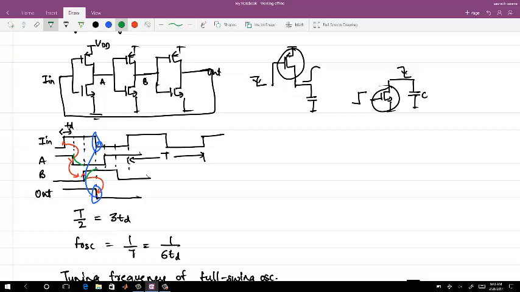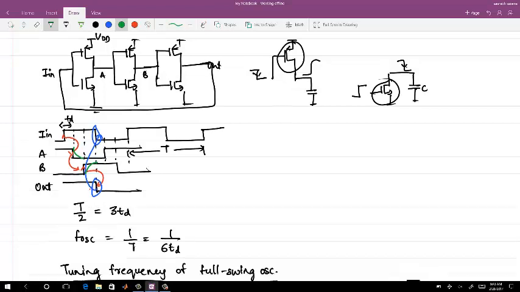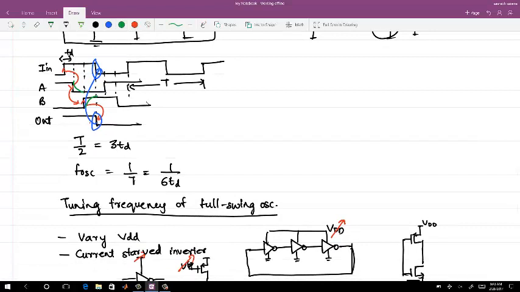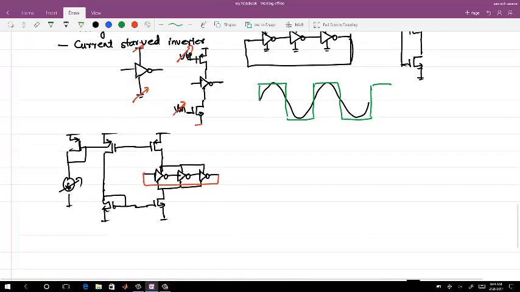So when you design an inverter at one particular given frequency, you try to have an equal charge and discharge time. But in case your PMOS and NMOS strength are not the same, what will be the case? You will have a different discharge cycle and different charge cycle that can affect your duty cycle with respect to the same common mode. What it means is, so let's say